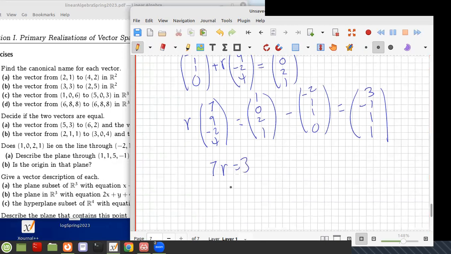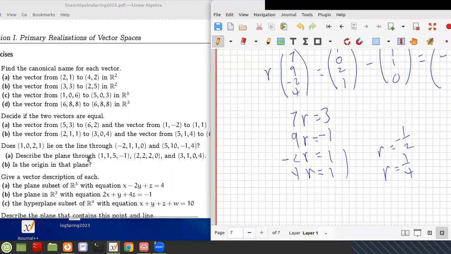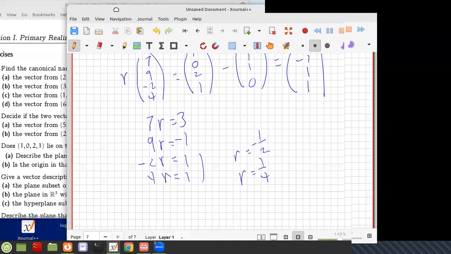7r equals 3. 9r equals -1. And -2r equals 1. And 4r equals 1. Well, obviously, this is a problem. r has to equal -1/2. And r has to equal 1/4. So right away, just from these two equations, it would look like that this point here, (1, 0, 2, 1), doesn't lie along